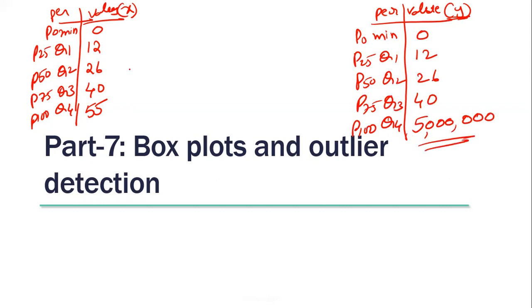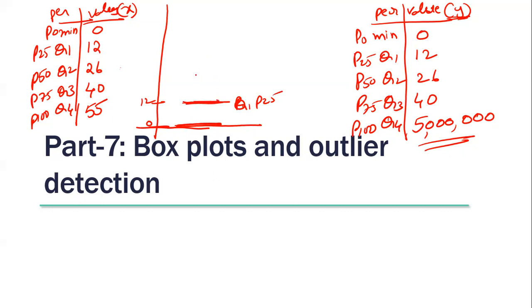Okay. Let us draw the box plot for variable X. A box plot is drawn by showing all the quartile values. The box plot contains 5 values. For any variable, a box plot is drawn for one variable. Here the variable is X. On the y-axis, you have the percentiles P0, P25, P50, etcetera. You have this minimum value, which is 0. This is Q1, which is P25. The 25 percentile value is 12 for this variable.